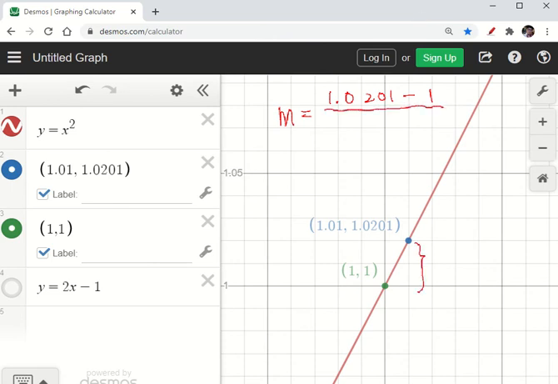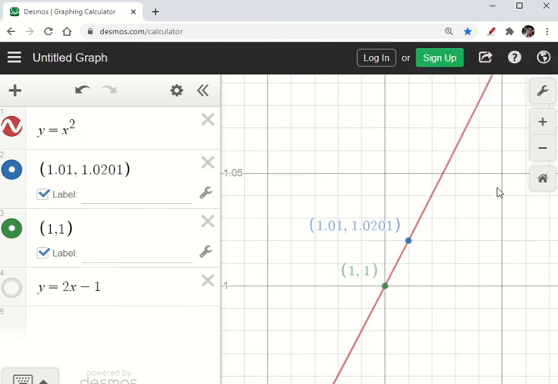And divided by 1.01 minus 1. This is the difference of x, which is 1.01 minus 1. Solving this one, we will get the slope is approximately 2. So we can use this method to find the slope. Now, we can also use these 2 points to